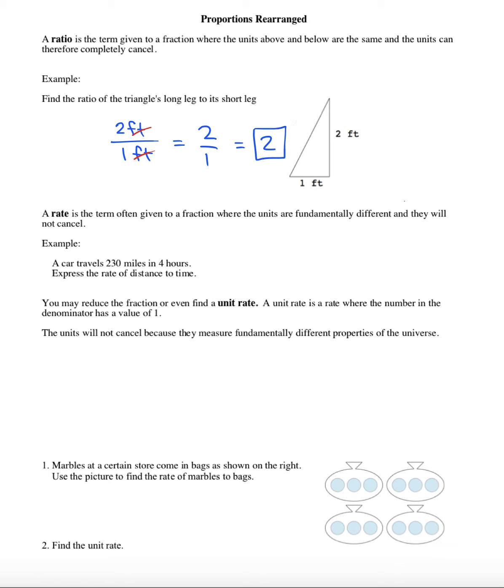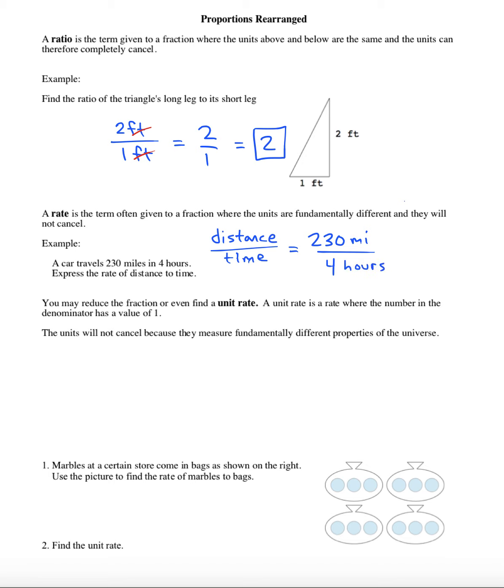A rate, though, is a term given to a fraction where the units are fundamentally different, and they could therefore not cancel. Here's an example. A car travels 230 miles in 4 hours. Express the rate of distance to time. So we want distance over time. It's going to be 230 miles over 4